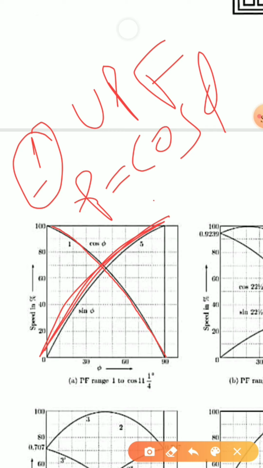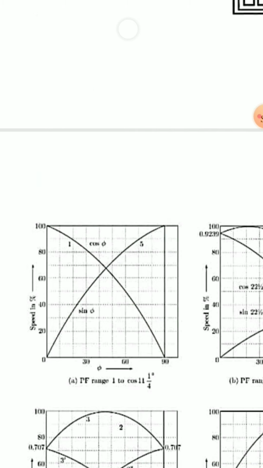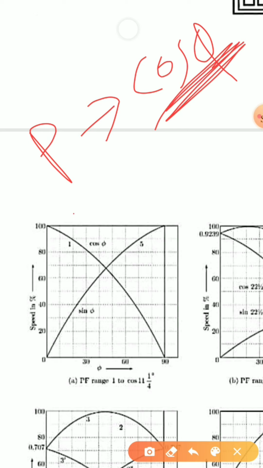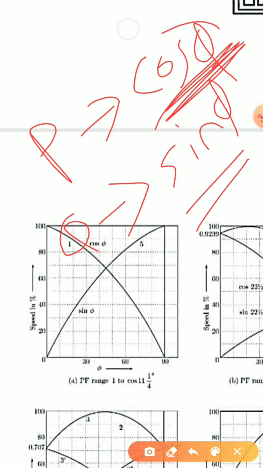And the fifth gear is when the power factor is 0, the reactive meter will work. We know that the reactive quantity that I am having is Q. The reactive meter will function because of a relation something like sin phi. So one conclusion I'll be making is, P, that is real power or energy meter relation, will be somewhat related to cos phi, and the reactive relation will be somewhat related to sin phi.